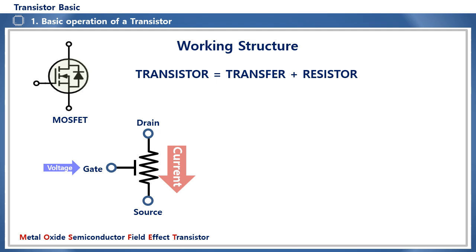MOSFET is a three-terminal device, where the drain and source form a channel through which a large current flows. And the gate is the terminal that controls the amount of current flowing in the channel between the drain and the source. The structure is such that the resistance value between the drain and the source changes by a small voltage applied to the gate, thereby adjusting the large amount of current in the channel between the drain and the source. The difference from a bipolar transistor is that the channel is controlled, that is, turned on and off, by the gate voltage.